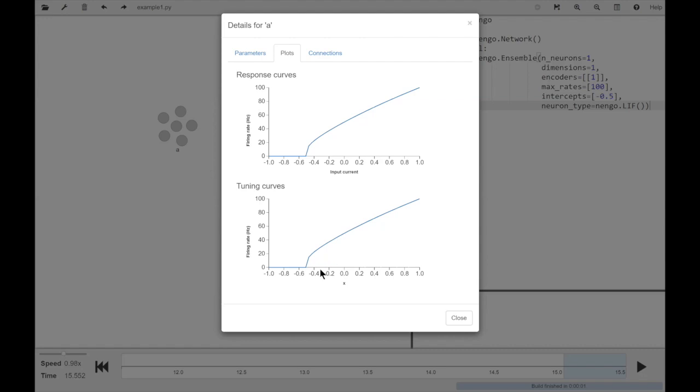We asked it to be more sensitive to the input 1, so to fire more for positive numbers, fire less for negative numbers. We asked it to have an intercept of -0.5, so that's the point where it starts firing. And we asked it to have a maximum firing rate of 100 Hertz. So that's where all those parameters came from. But you'll notice that means that if our input is 0, it should be firing at some amount, just over 40 Hertz, 50 Hertz, right? And that's exactly what we're seeing